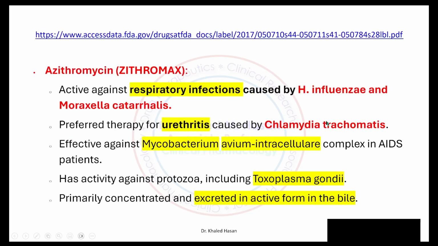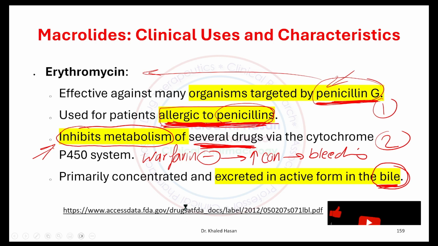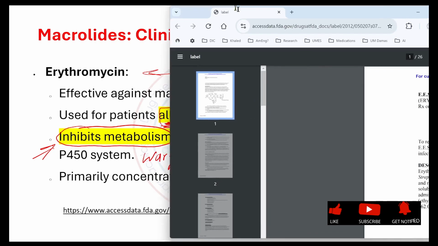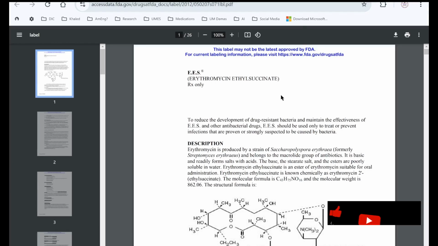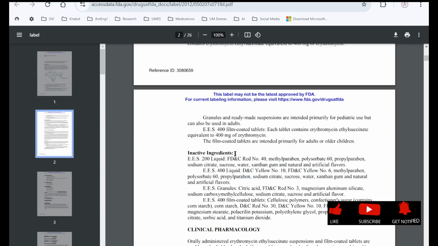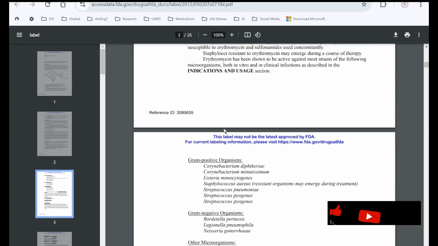Moving to azithromycin. This is the first medication. If you click on this medication here, it gives you details about the medication. I will bring this medication up for discussion if you would like more detail. For erythromycin, we have 26 pages here. You can read the information: how this medication works, clinical pharmacology, and indications. So you can see the list of